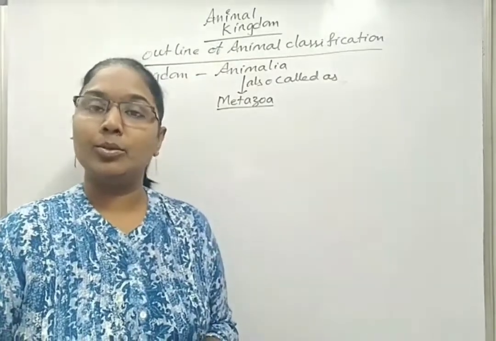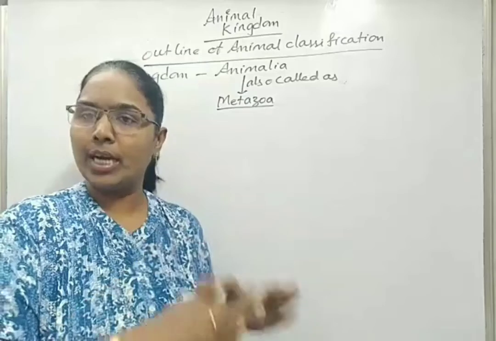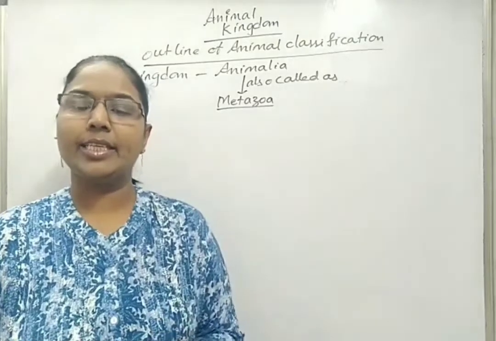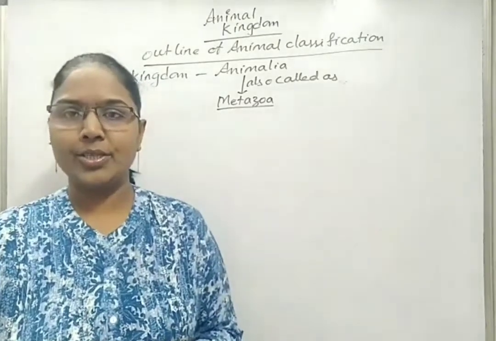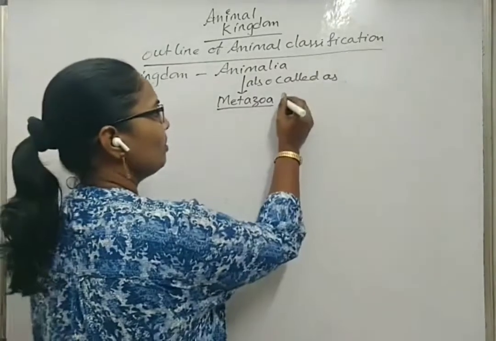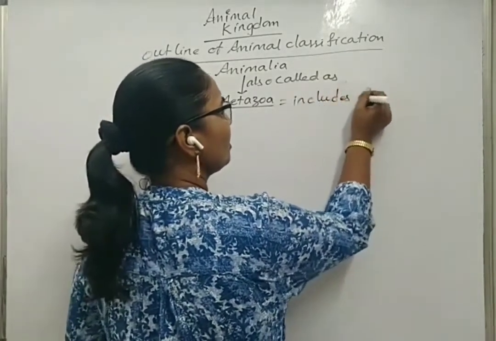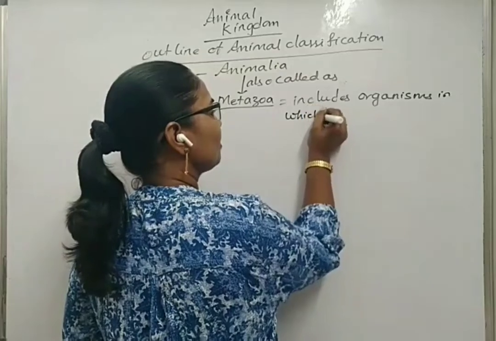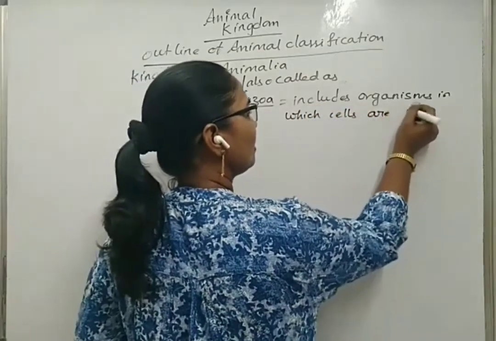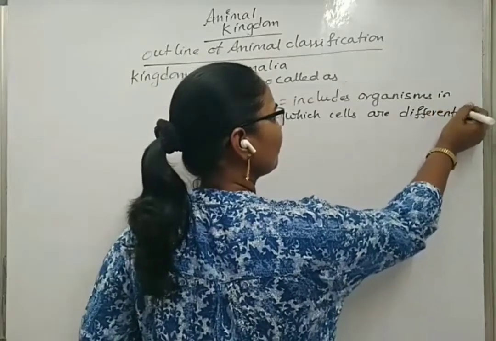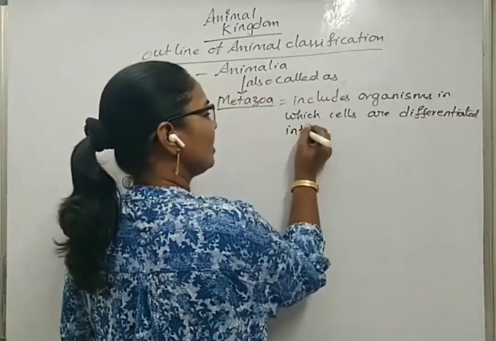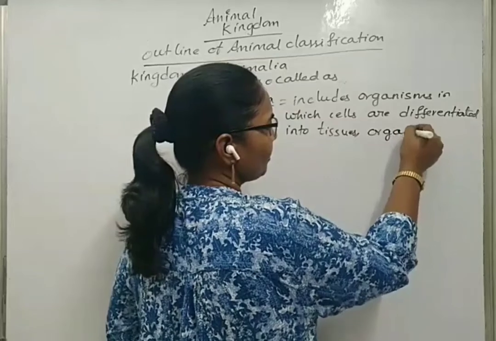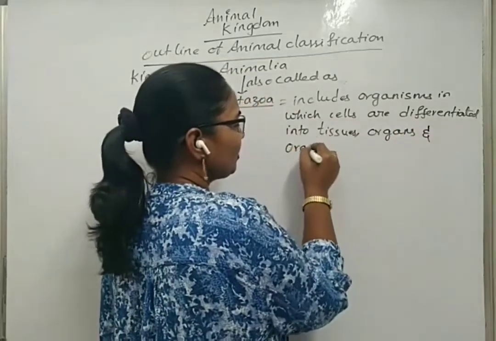up of cells, but in some organisms those cells are only up to the cellular level, and in later organisms these cells are differentiated into tissues, organs, and organ systems, etc. So metazoa includes organisms in which cells are differentiated into different types of tissues, organs, and organ systems,